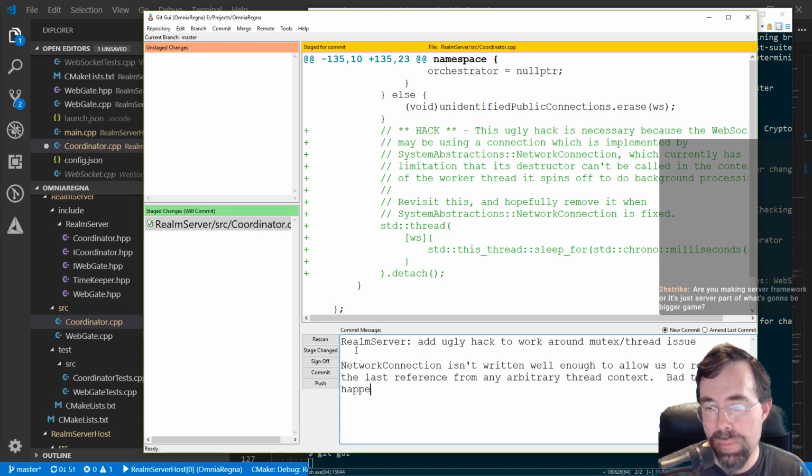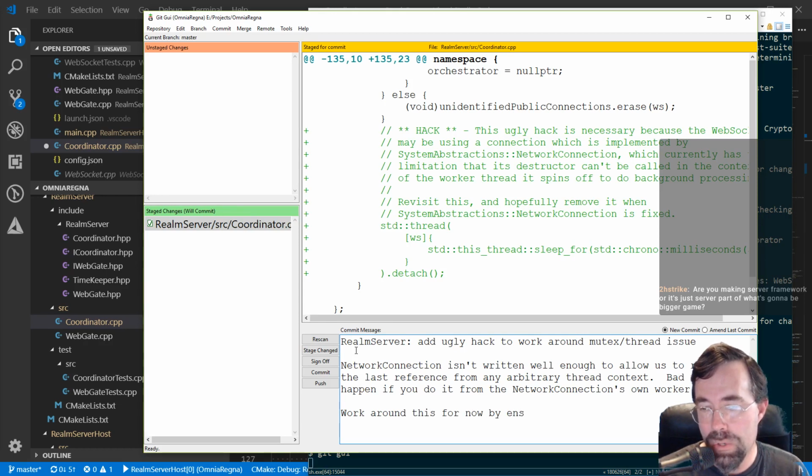Bad things happen if you do it from the network connection's own worker thread. Work around this for now by ensuring, as best we can,